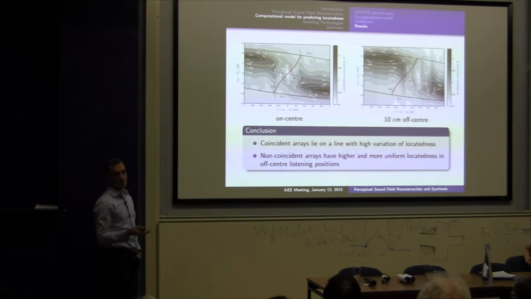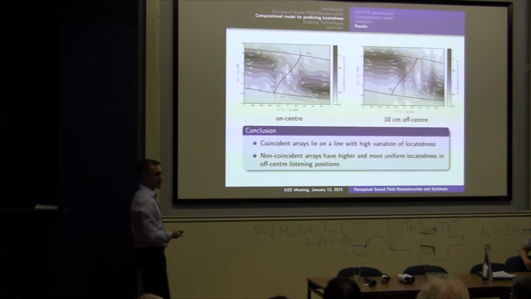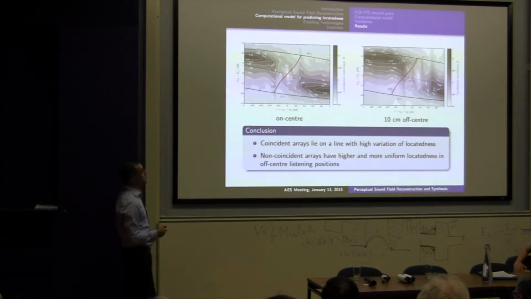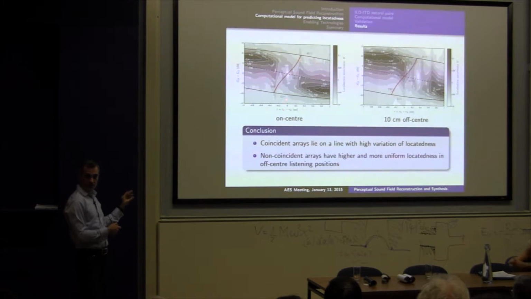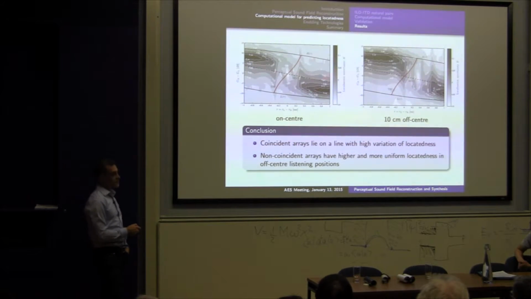Then we are using a well-known computational model, I think it was Guy's model, to calculate those time and level differences in these critical bands of human hearing. And then we use our method to evaluate naturalness based on those. That gives us this figure here, where we see all these gray levels which correspond to the level of naturalness. If something is dark, that means it's not natural according to our function.